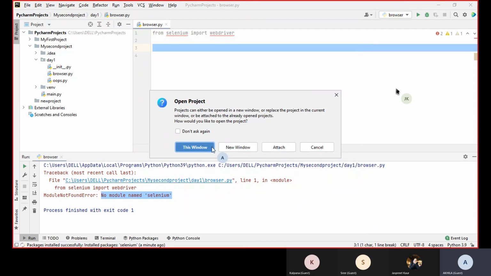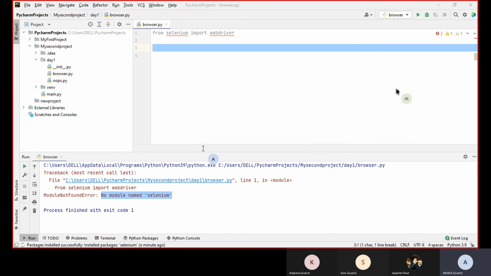Can I choose attach or new window? It's totally up to you. If you want to have one window open, then it will replace this project and open the new project. If you want to click new window, then it will open two PyCharm windows. One will have this project and another one will have the new project. Okay, then I will go for this.